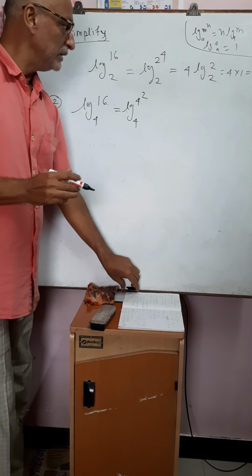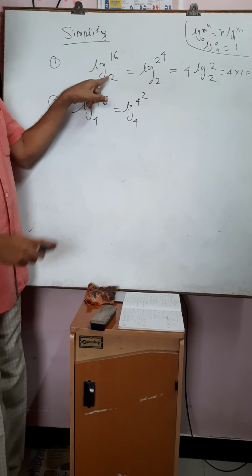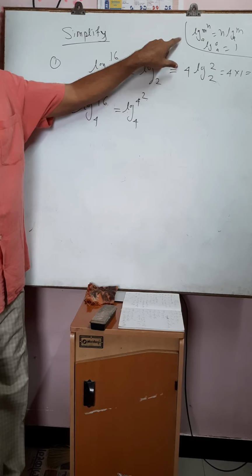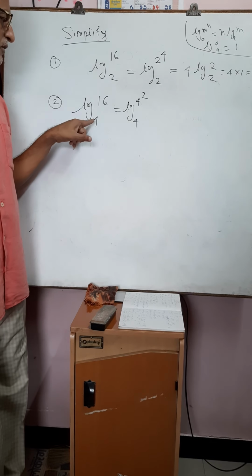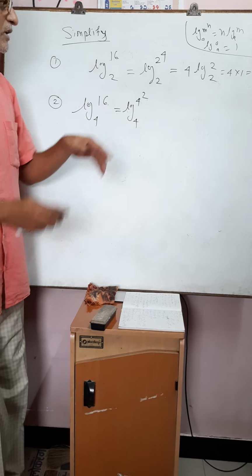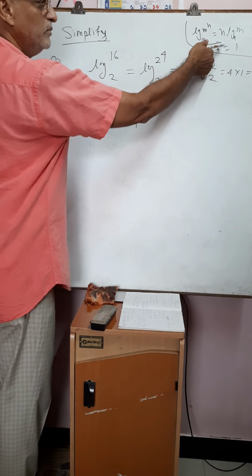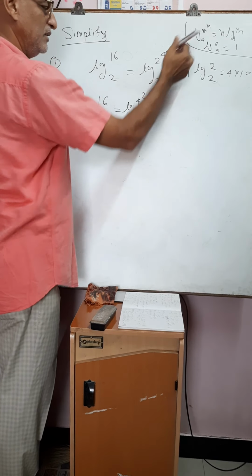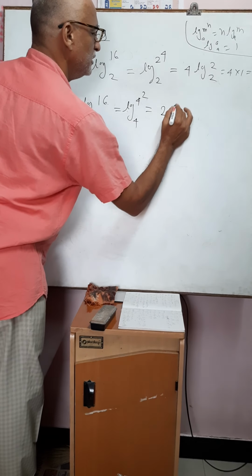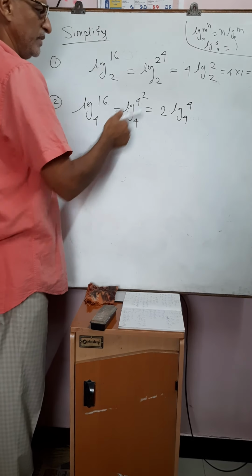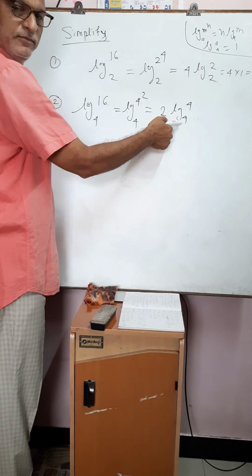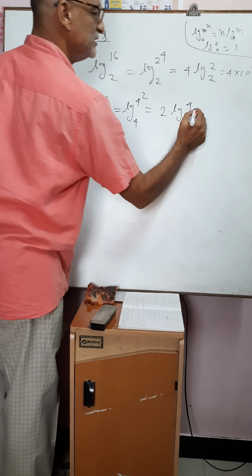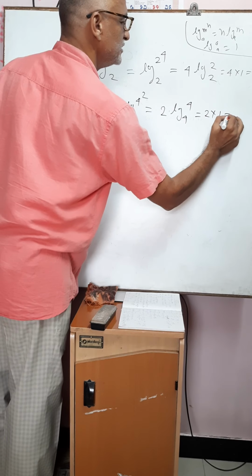देखो, डिफरेंस आपके सामने है. फर्स्ट केस में बेस 2 था, so we have written 16 in terms of 2 raised to 4. In the second case, base is 4. That's why we have written 16 in terms of 4, that is 4 square. Now again the same law, that means the third law. Log of m raised to n to the base a is equal to n into log of m to the base a. So 2 into log of 4 to the base 4. Log a to the base a is 1, so log 4 to the base 4 is equal to 1, that means 2 into 1, and that is equal to 2.